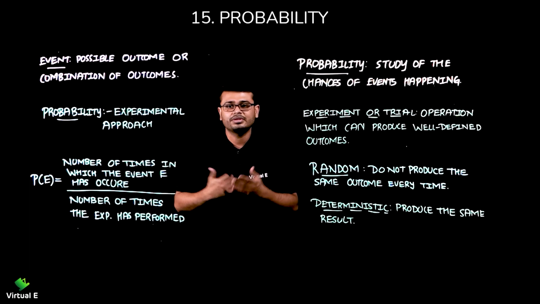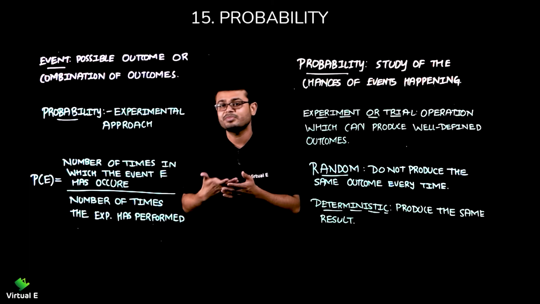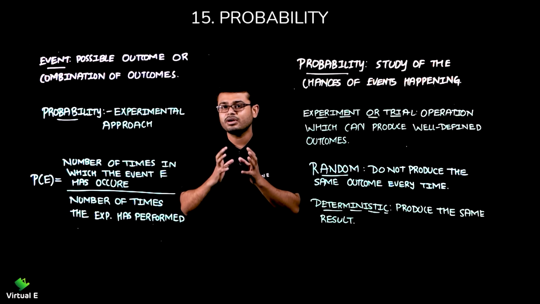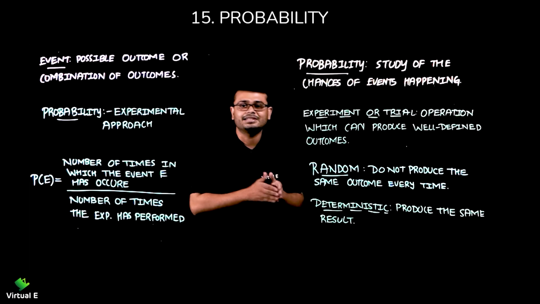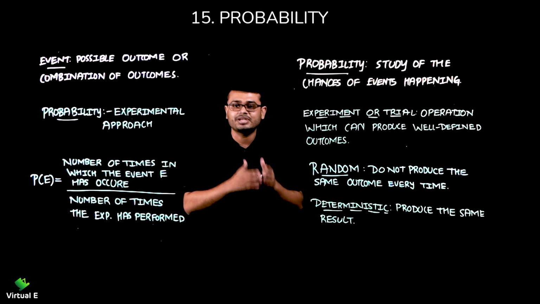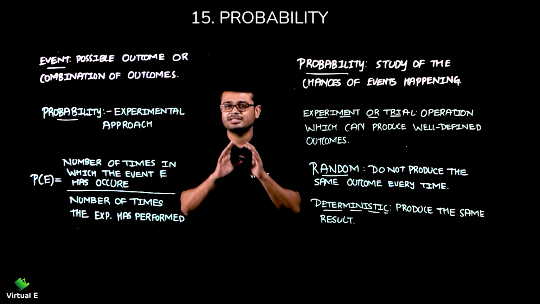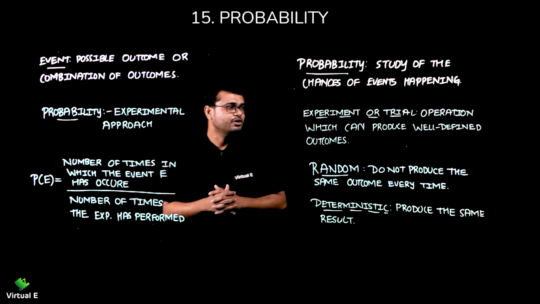Suppose you talk about the rain. Is it going to rain tomorrow? What are the chances? 10% chances, 0% chances, 70% chances, right? So this is all it's about. We want to get an idea that is it going to happen? What are the chances that it is going to happen? So it's all about probability. Chances, it's all about chances. What are your chances of winning the game, right? So we talk like that.